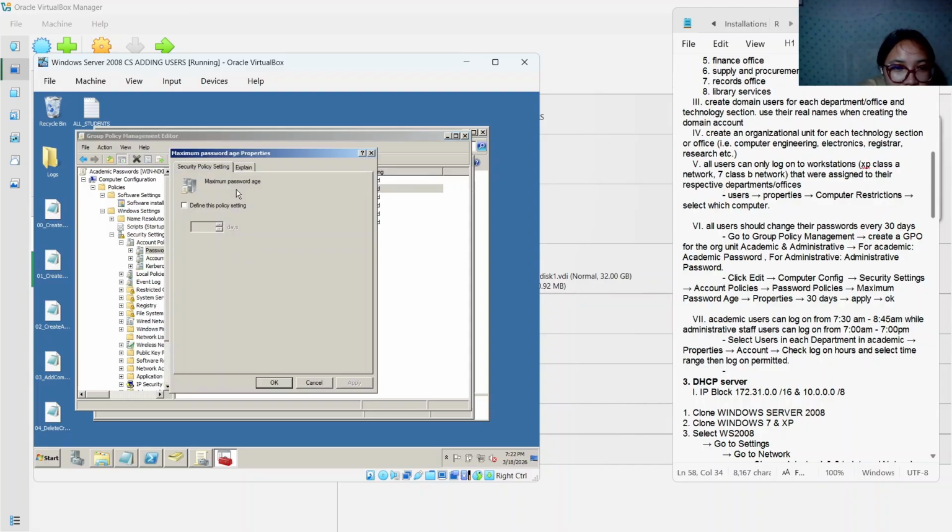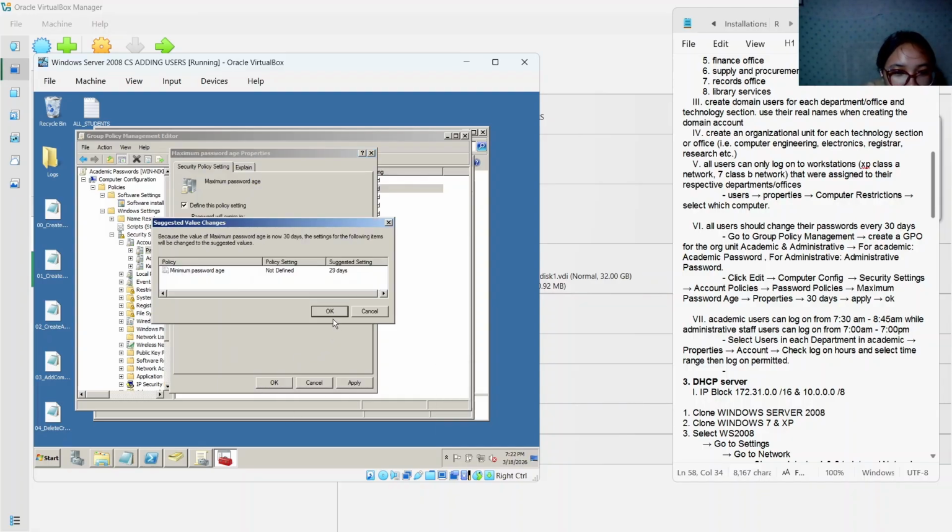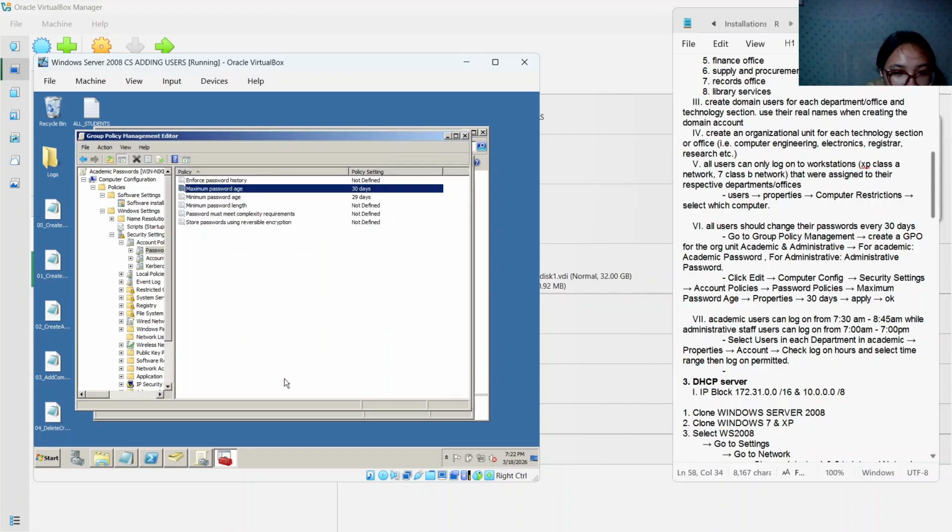Maximum password age, let's say 30 days. Then apply. Okay.